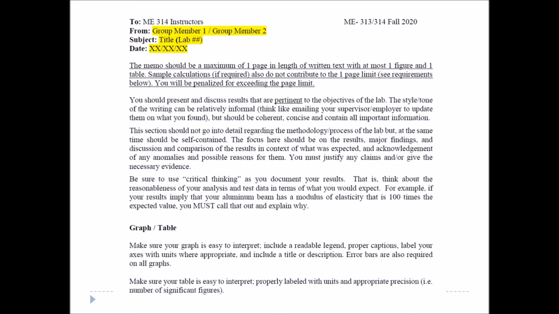Graphs should be well labeled. They should have a complete and readable legend, captions, axis labels, units where appropriate. Also, you can include a title or a figure number so that you can refer to it in the text. And error bars are also required on all graphs. Similar kind of requirements for a table. Obviously they need to be well labeled and with units